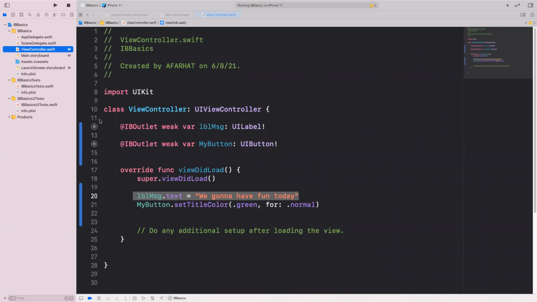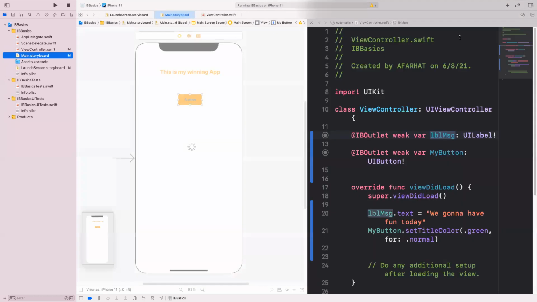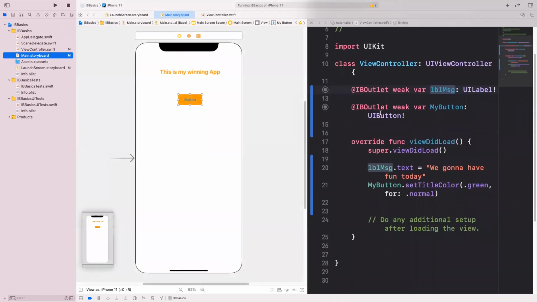Okay, so now what we're going to do, we're going to do something with that button. So if we go back to the main storyboard, here is my button. Remember to show the code assist, you click on this, and then you click on the assistant. This is the button. This is the class associated with this screen. And now I'm going to right click and do insert. I notice I'm doing my actions below outlets. I do that as usual. It's up to you how you do it, but I usually put my outlets above,